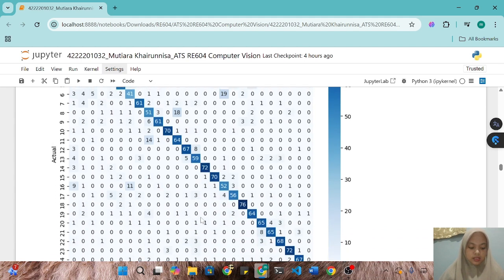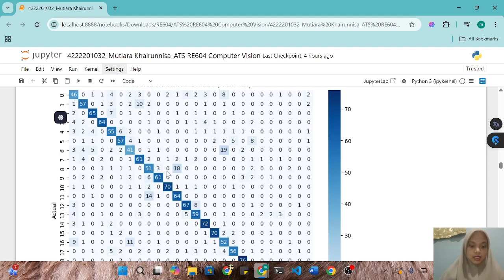Numbers outside the diagonal indicate the amount of data that was misclassified to another class. The larger the numbers on the diagonal, the better the model's performance in recognizing the correct class.